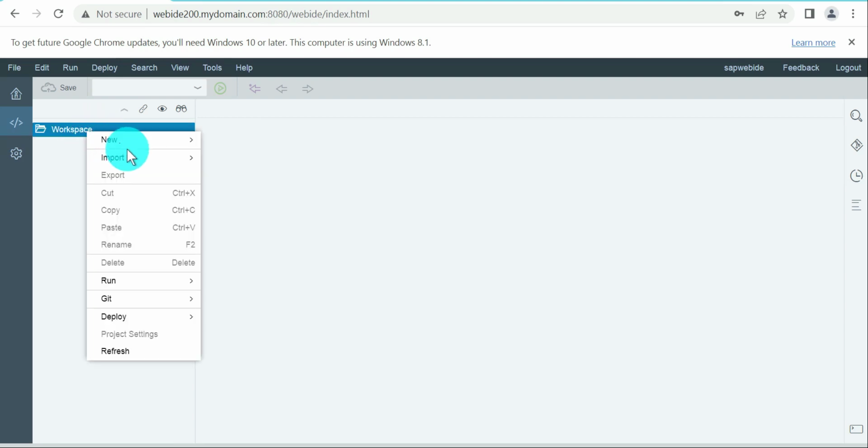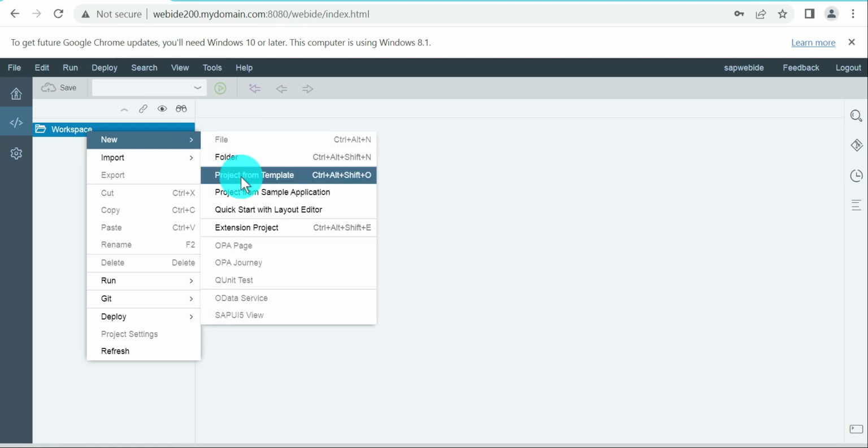Right click, new project from template. There are some existing options where you can do it. Mostly we are not going to create everything from scratch, like creating a .js file or a .xml file. That is not necessary. At least a few of the files are created with some options. So we always go with project from template, and depending on the SAP Web IDE version, you have an option